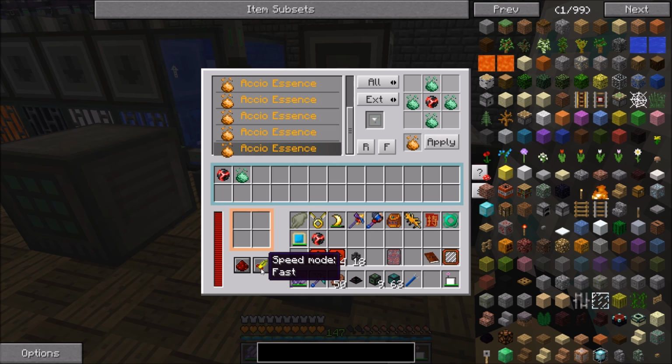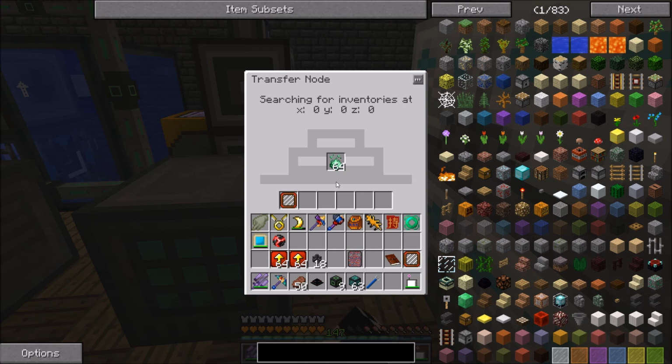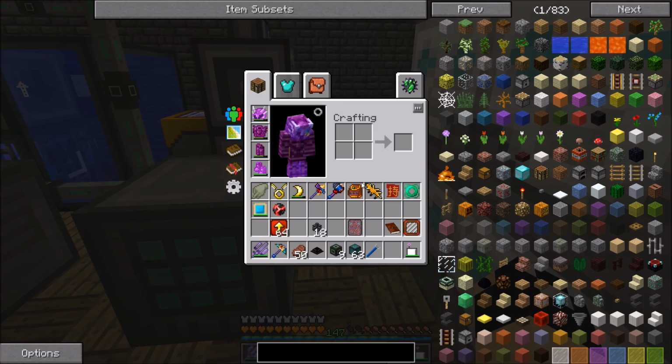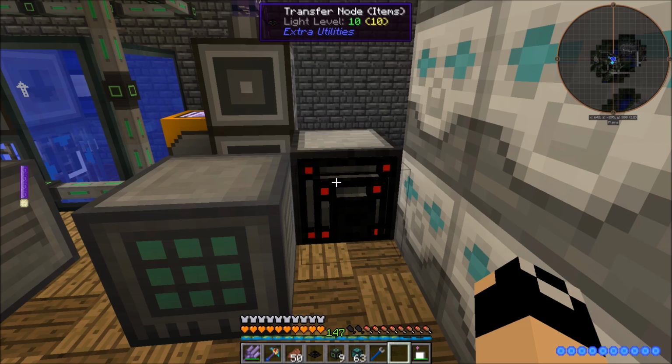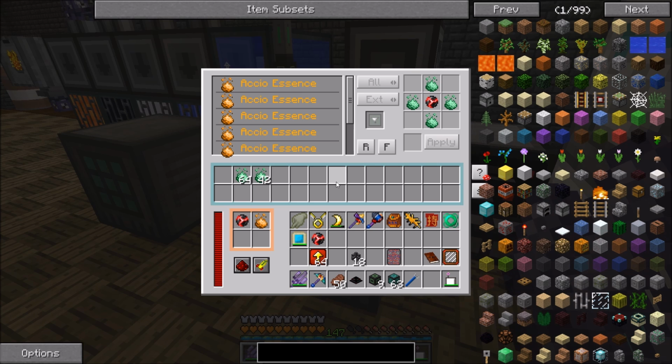So what's going to happen is every tick, it's going to try to craft all these different recipes 5 times. So you're talking about, ideally, about 40 Axio essence per tick. Okay, so then what we're going to do is in our transfer node here, we're going to put in speed upgrade, 64 of those, and then we'll just right click that. If we take a look here,